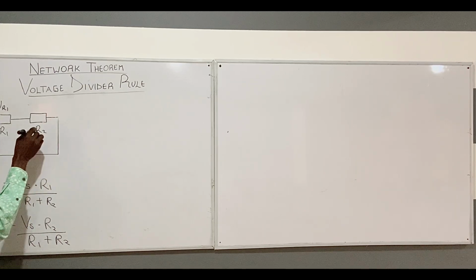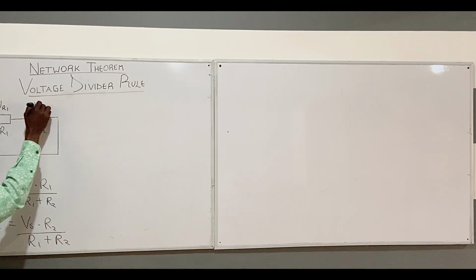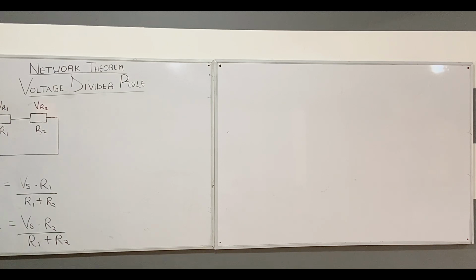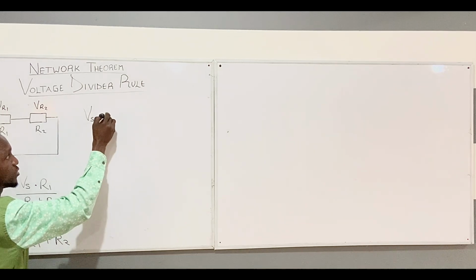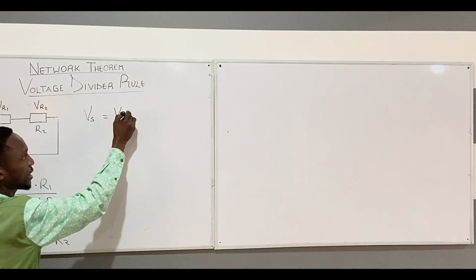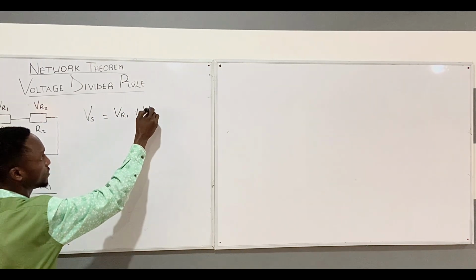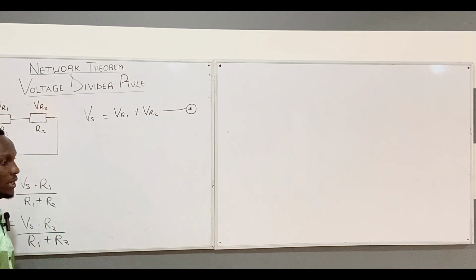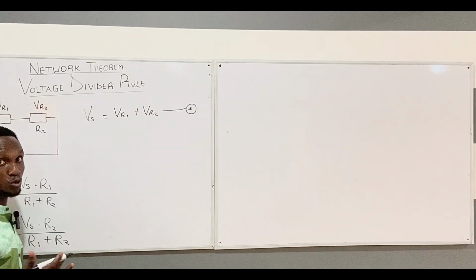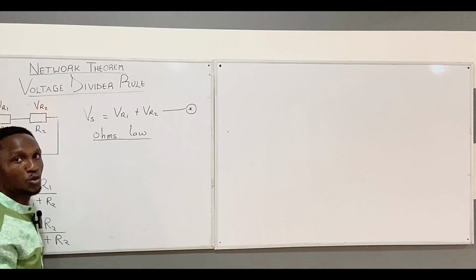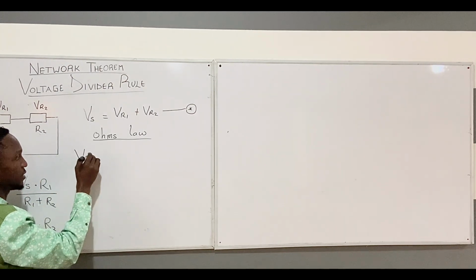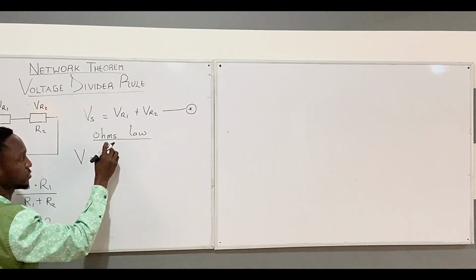R1. And let's call the voltage through this one V R1, and R2. Now I'll be able to use this to explain it for you to understand. Now our Vs becomes V R1 plus V R2. Now we can use Ohm's law to explain this formula. From Ohm's law, we know that the voltage source V is always equal to